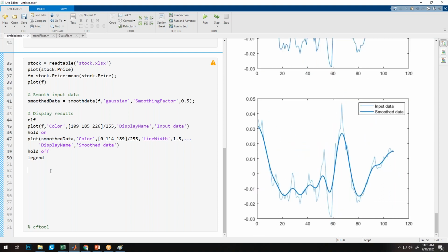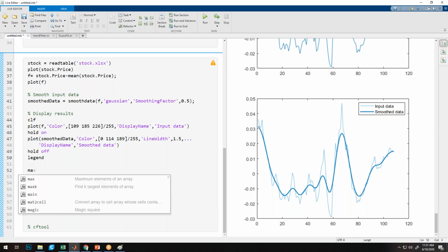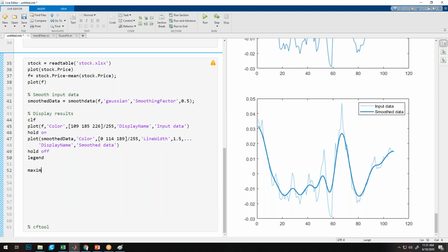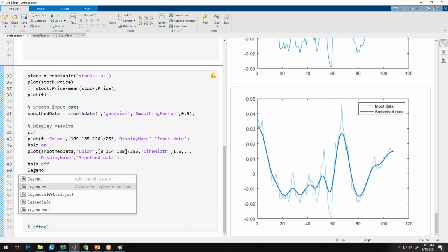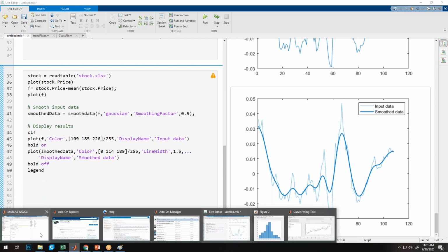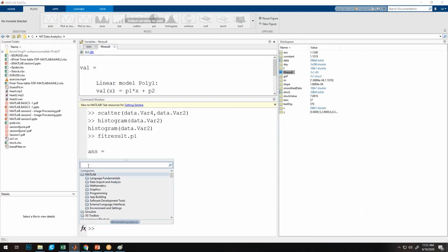I think in 2017 it was a different command, but let me check. There was a command like maxima in order to find maxima. The max command will only give the single maximum, but there is a maxima command also. Maxima, no, it is not. Let me check with the MATLAB help editor, maybe they have changed the name. In 2017 we had one function; I want to find local maxima.